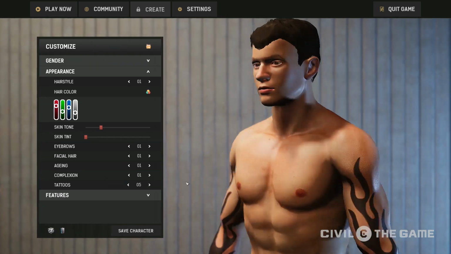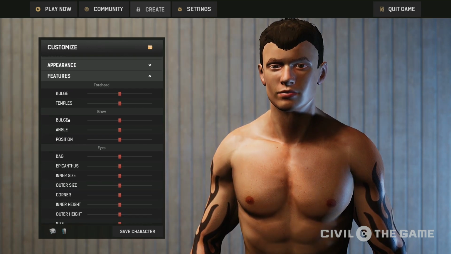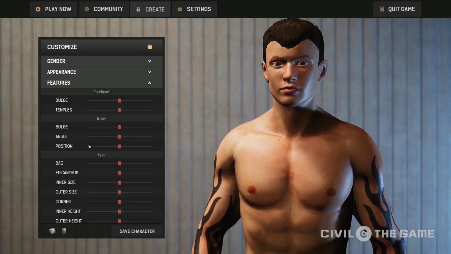My personal favorite is these flame arms. They look awesome. I'm going to leave these on here. So for my next thing, I'm going to go ahead in here and show you guys some of the features. This is probably the coolest part, my favorite. It's going to definitely make your character look more like you, because you can adjust your face to fit any